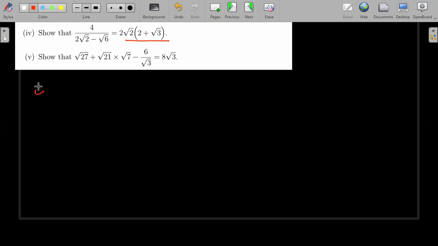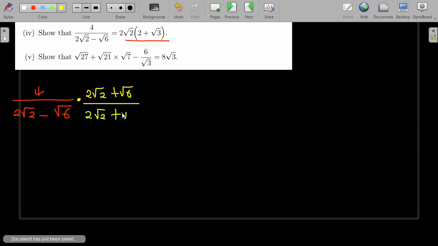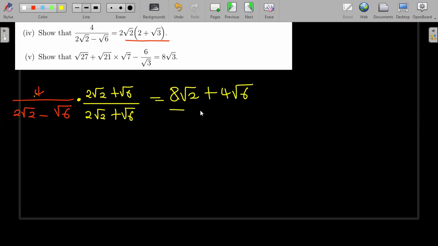Okay, so we have 4 over 2 root 2 minus root 6. That's what we have. Okay, let's multiply by the conjugate. The conjugate is simply 2 root 2 plus root 6 divided by 2 root 2 plus root 6. Okay, so what are we going to get? We're going to get 4 multiplied by 2 root 2. That will be 8 root 2. 4 multiplied by this, I'm just going to get 4 root 6. Okay, and then divided by,